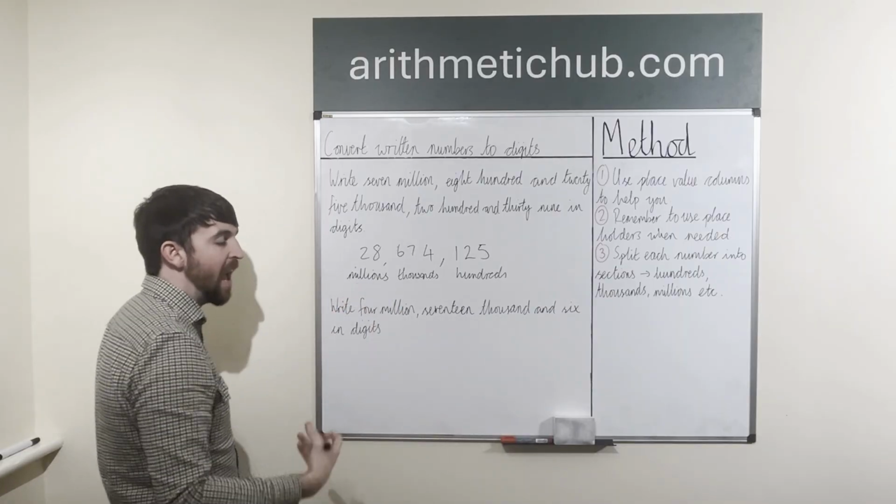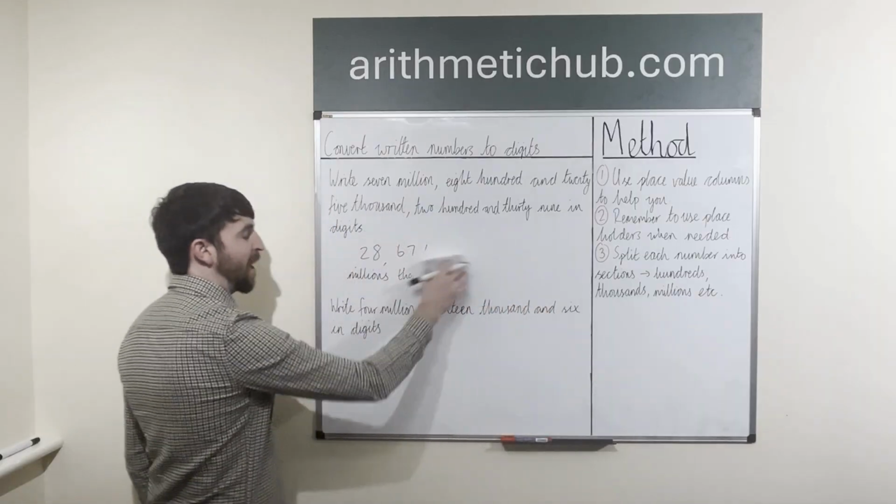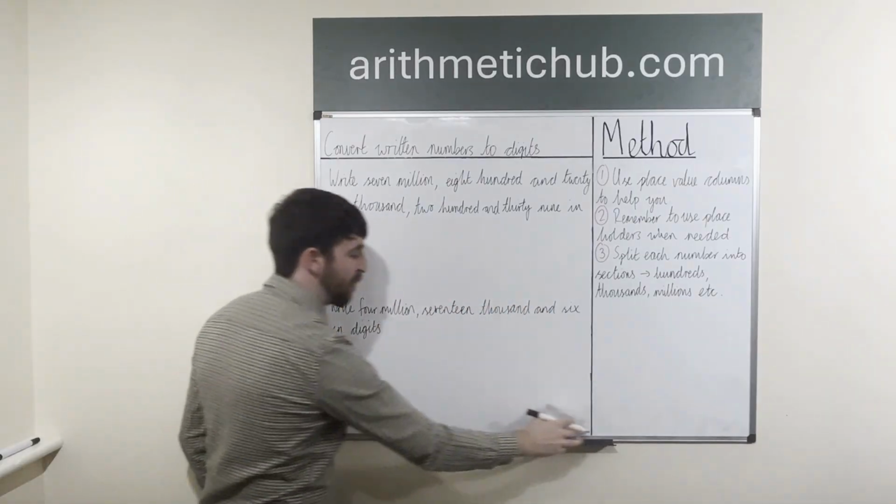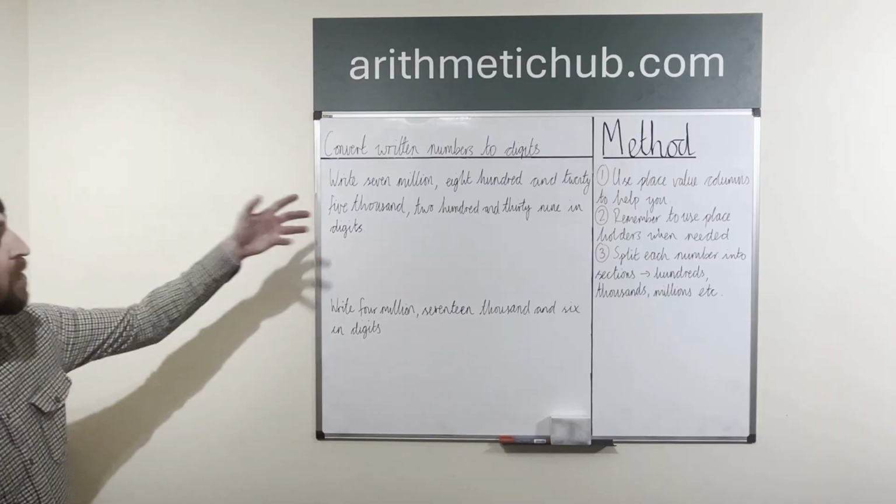28,674,125. Okay, the commas help you to split it up. It can only be a maximum of 3 digits in there, 3 place value columns, okay? So, write